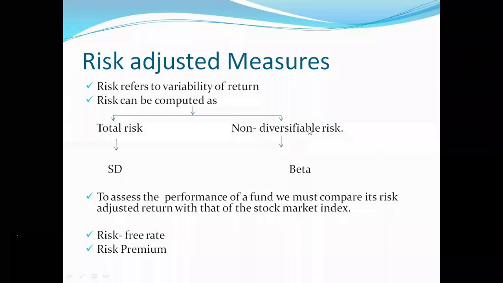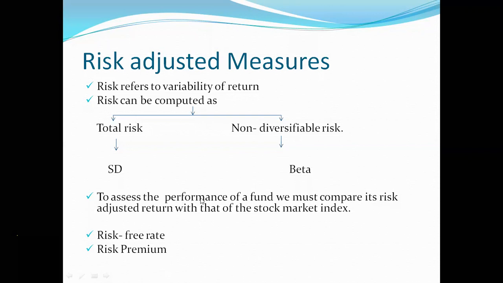Then you have non-diversifiable risk, or you can also call it market risk, where the risk cannot be diversified because it is directly linked to the macro level environment. You cannot diversify the risk but rather you need to adjust your investments accordingly. Now this non-diversifiable risk is measured in terms of beta. So beta is one particular measure which helps us calculate the level of security change or movement that is taking place because of market risk. So the beta coefficient is a tool used to measure non-diversifiable risk.